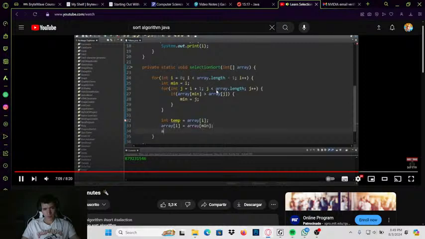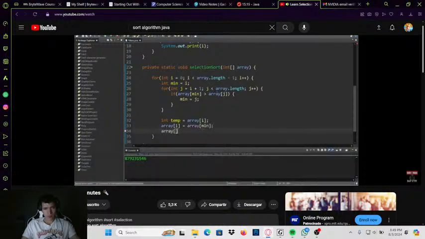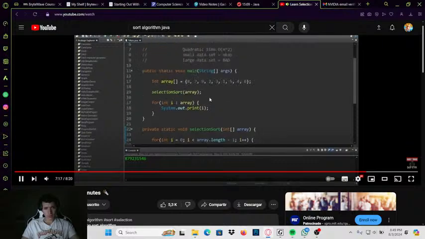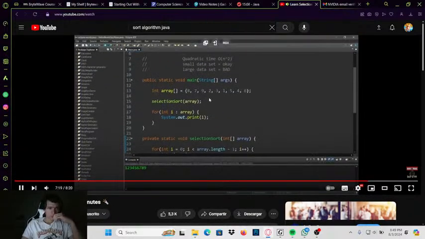Then lastly, array at index of min equals temp. And that's all there is to it. So after running this program, our array is now sorted via the select